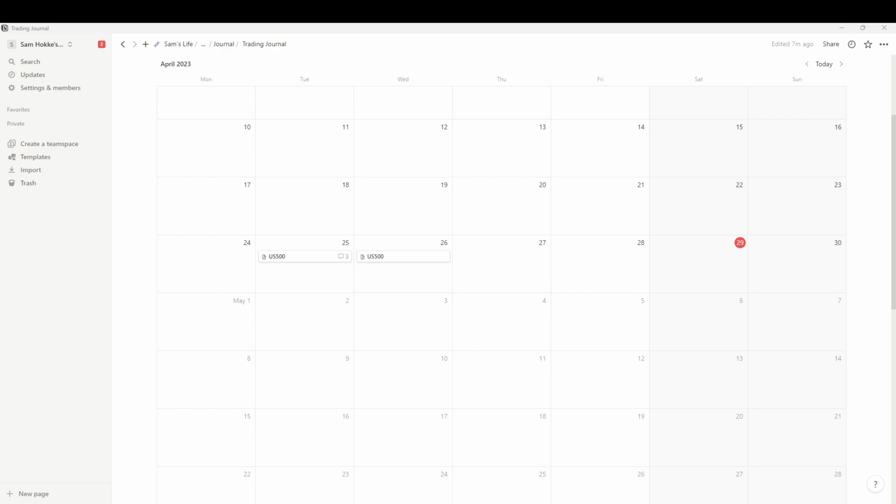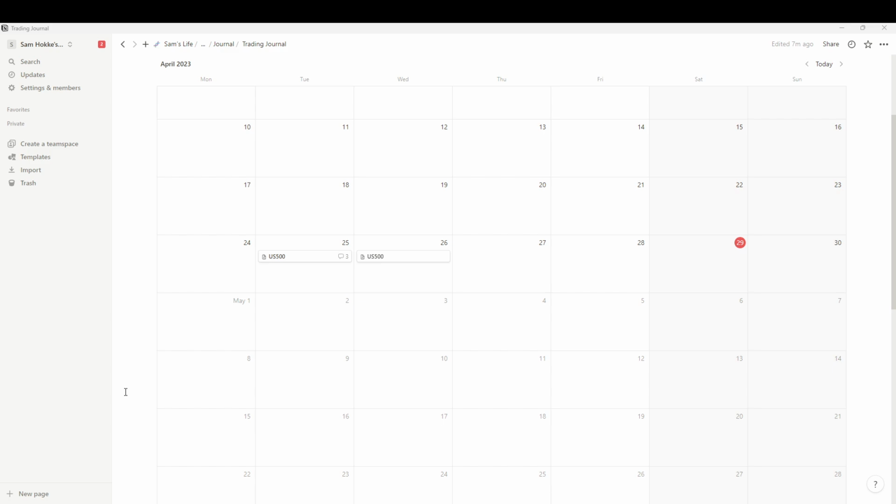The system that I'm using to track and journal my trades is Notion. We will go over Notion at a later time on this channel, but very briefly, Notion is a documentation software application that you can use. It's a free application, and it's a way you can build your own workspace, so you can use it for several things. I use it personally for my trading environment, so for my trading office.